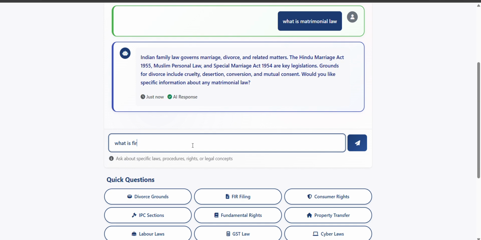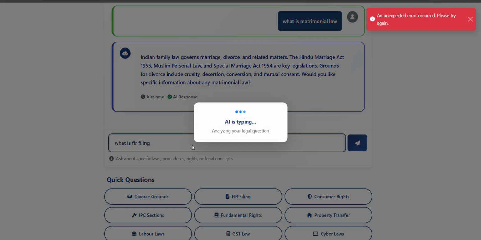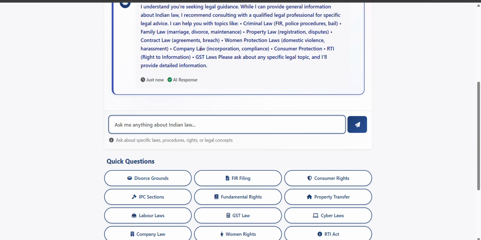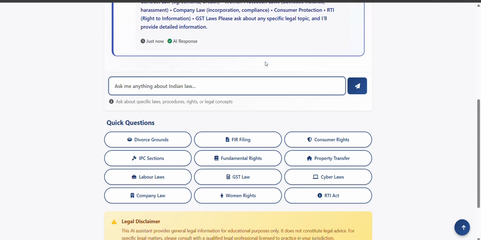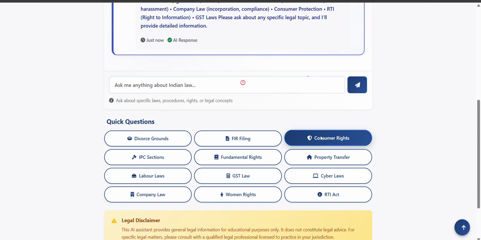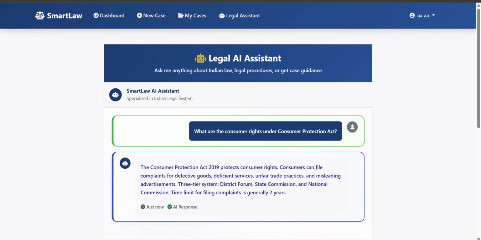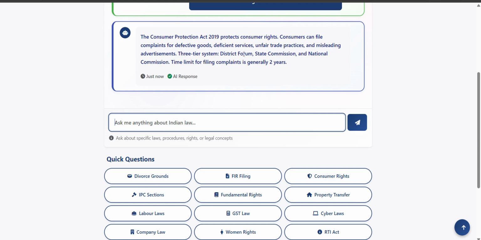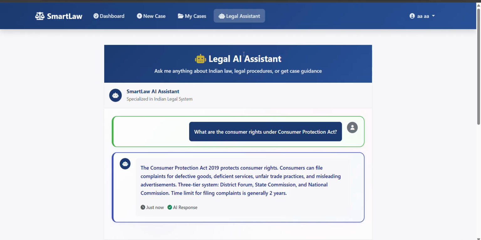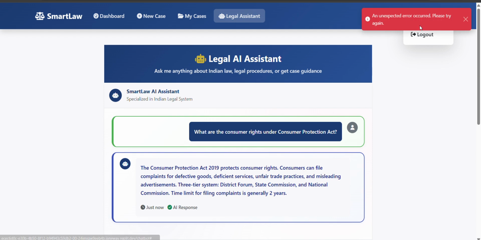So, what is FIR filing? We can check. FIR filing. Okay, it's going to provide general information, and we can check it directly by clicking on that. We can set quick questions also here. So the quick questions you can get, such as the Consumer Protection Act, each is going to give us a description, and we can